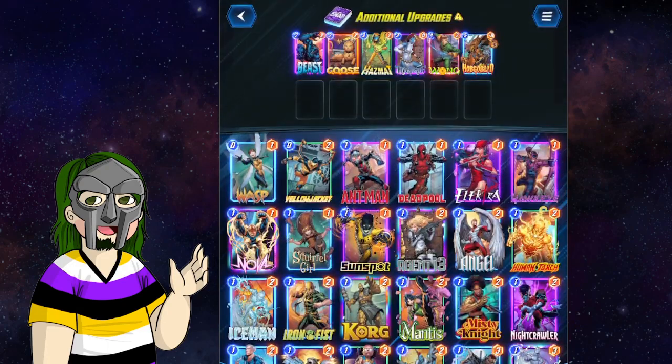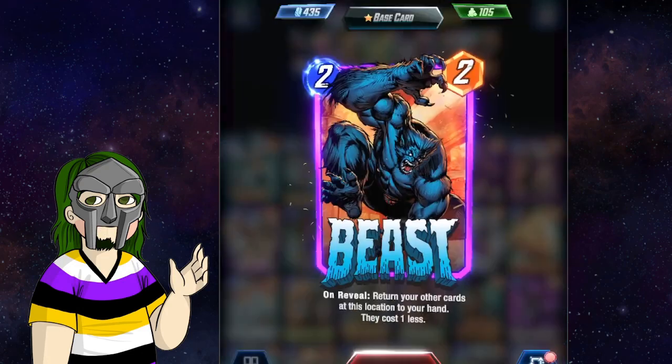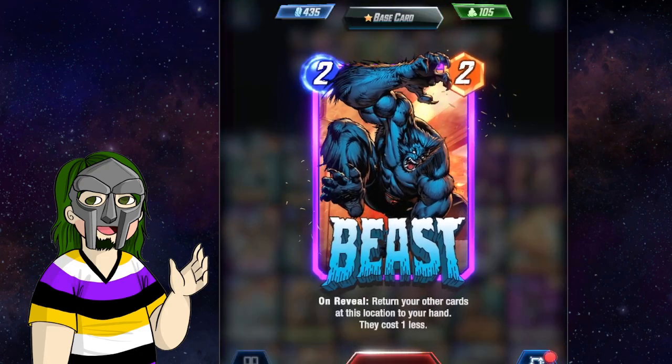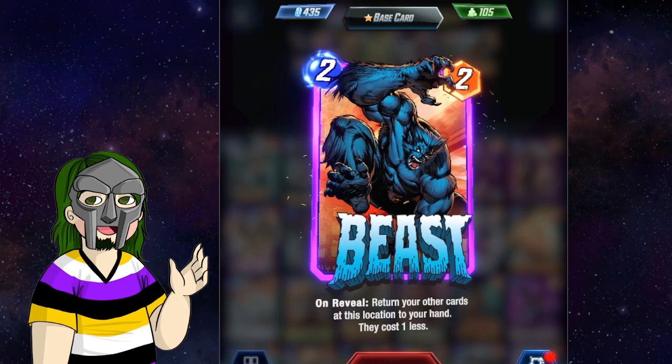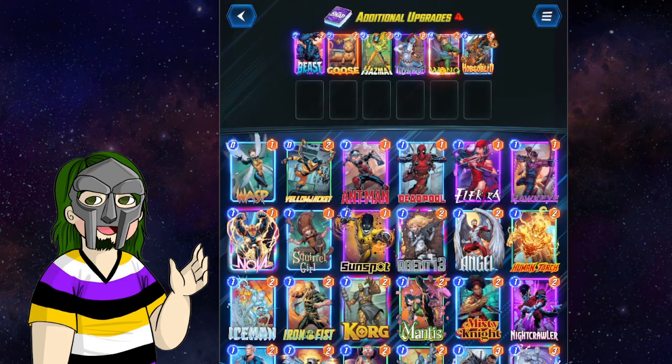Additional upgrades. Beast is so funny. On reveal, return your other cards to your hand. Your other cards at this location in your hand cost 1 less. So if you do Iceman, Scorpion, Korg, Beast on turn 3, and then replay all of those,